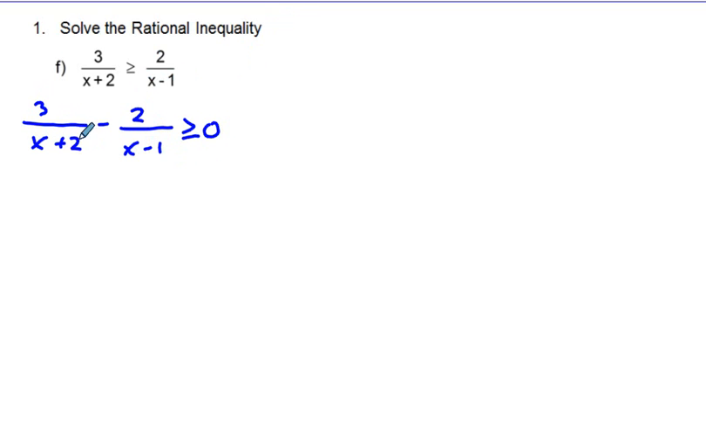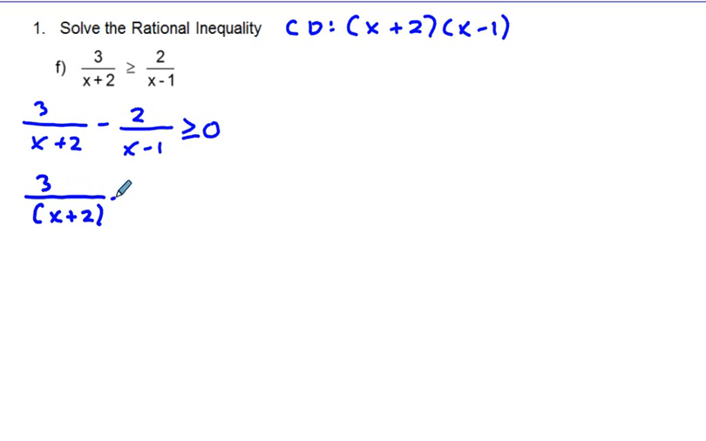And we can get a common denominator by multiplying our denominators together. So that's going to be quantity x plus 2 times quantity x minus 1. So now let's go ahead and apply. We have 3 times x plus 2, and what do we multiply this by to get our common denominator? We're going to multiply by x minus 1